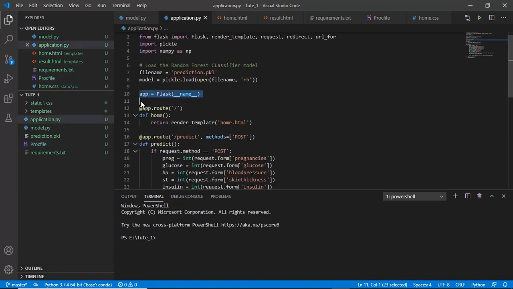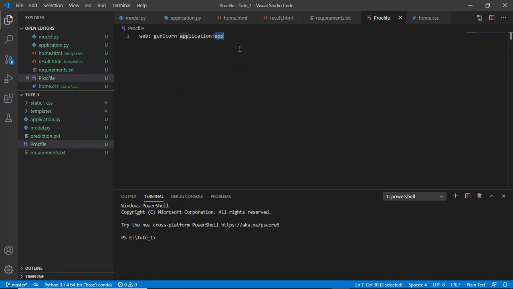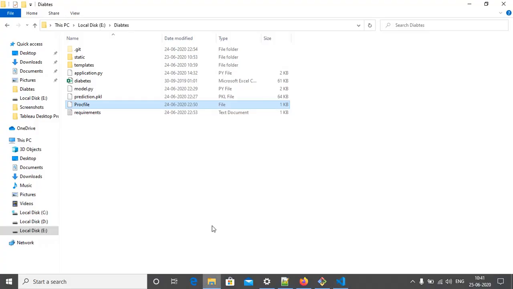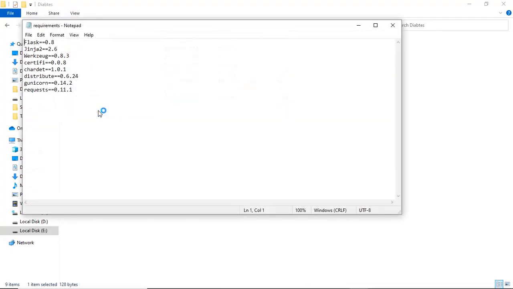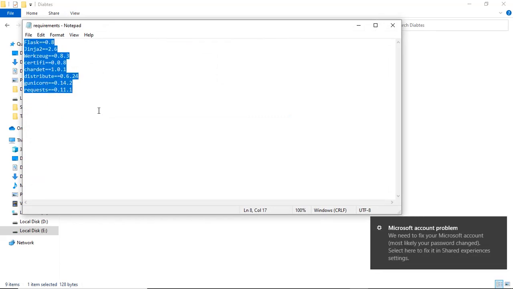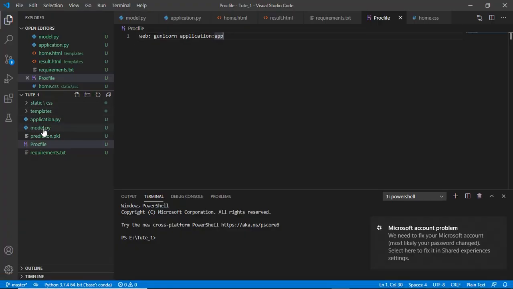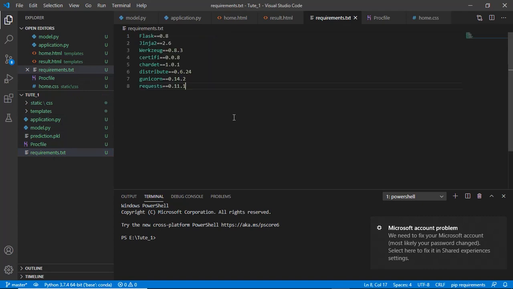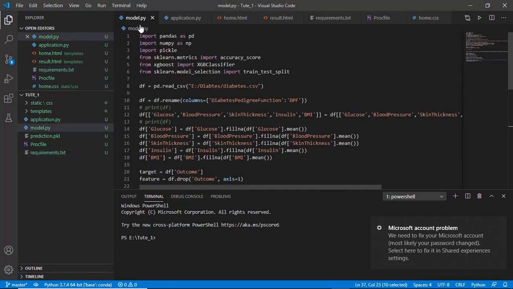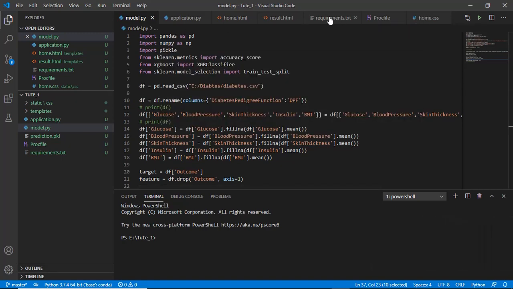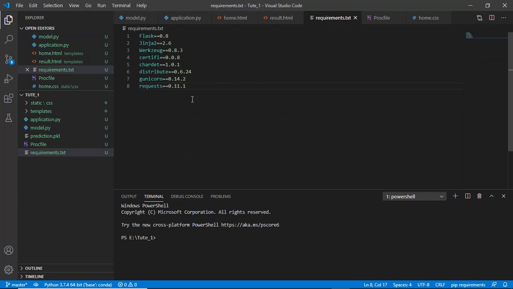Now I'm going to save this. In our requirements file I'm going to paste my requirements. This requirements list is not sufficient, because as you can see numpy is not mentioned, and I also use numpy, pandas, pickle and so on, but it's okay. I'm going to save this.